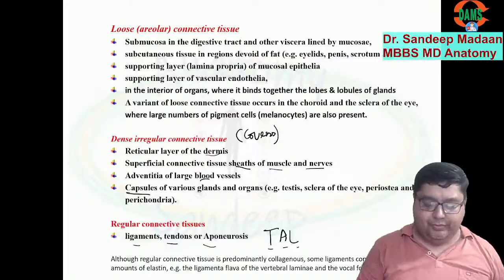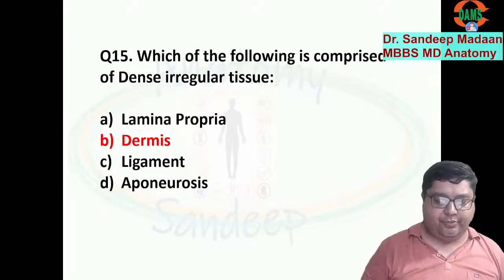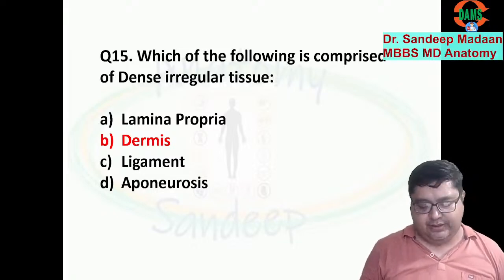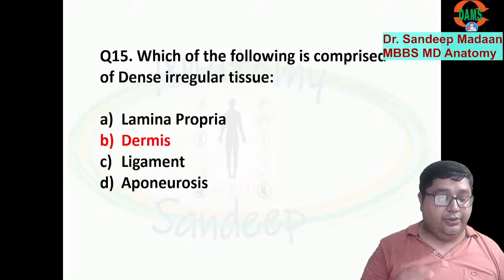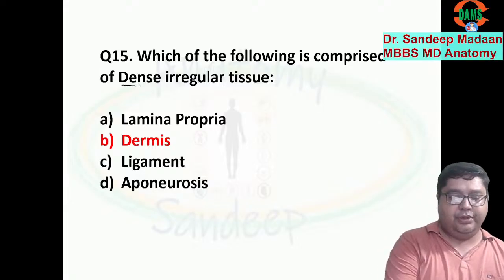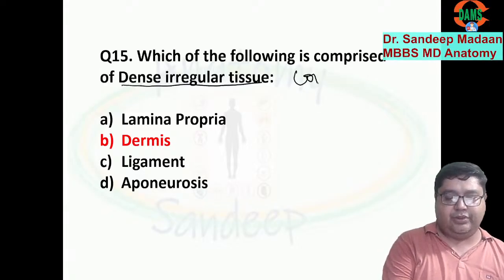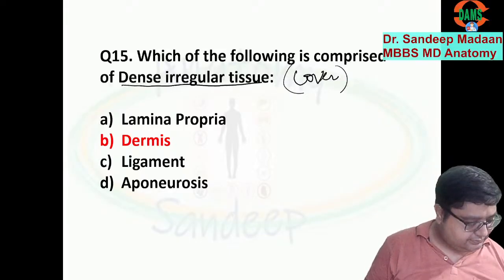Now, if you look back, this question you attempt again. Lamina propria, dermis, and these are given to us. But when you look at the start of the question, dense irregular tissue, first of all, your approach to the question is changed because now you are looking at dense irregular means you are searching for the cover because we know dense irregular is equal to cover. That means